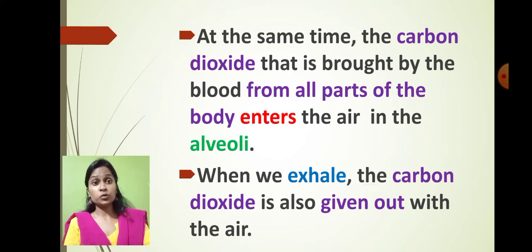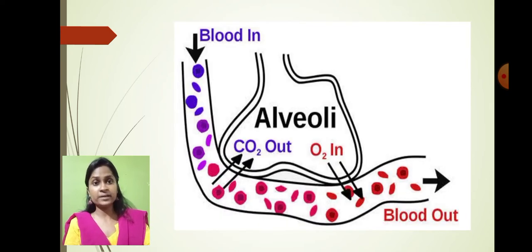So if you want to understand in a better way, I have shown you a diagram here. Can you see that, guys? Here the alveoli are present in the lungs. At the end of the lungs, the alveoli are present. These alveoli are in close contact with the blood vessel. So what is happening here? The alveoli are rich in oxygen. Alveoli are giving oxygen to the blood. So blood is taking up oxygen and carrying it to all parts of the body.